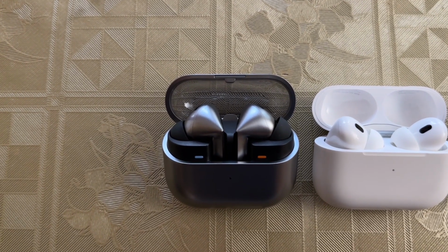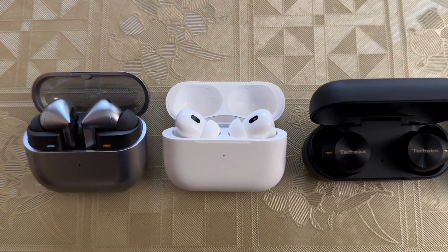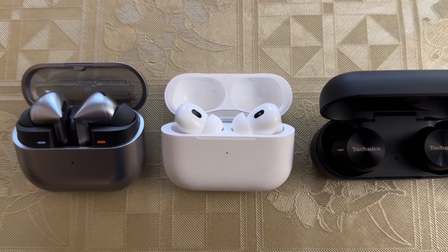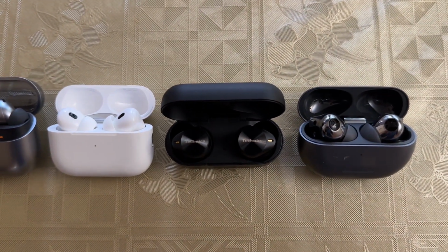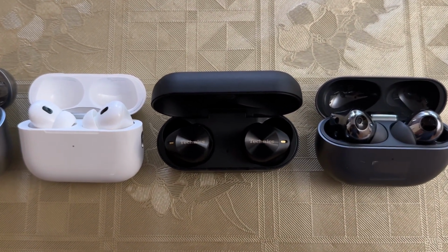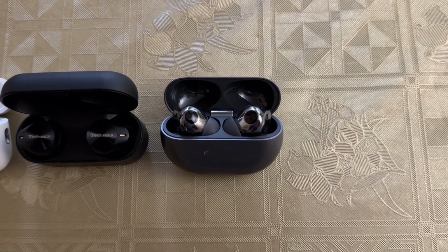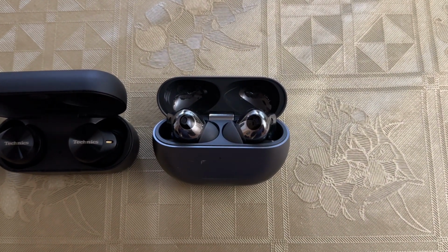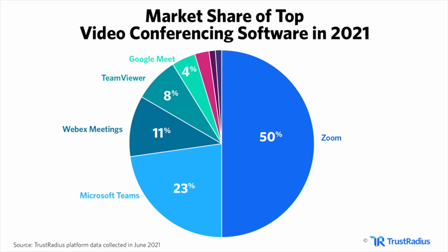Buds 3 Pro against our reference baseline for minimum acceptable voice call quality performance, the Apple AirPods Pro 2nd generation, against the best all-around true wireless earbuds, the Technics EAH-AZ80, against our current voice call quality champion, the HUAWEI FreeBuds Pro 3, using the top and most common use case of video conferencing, tested with the most widely used and